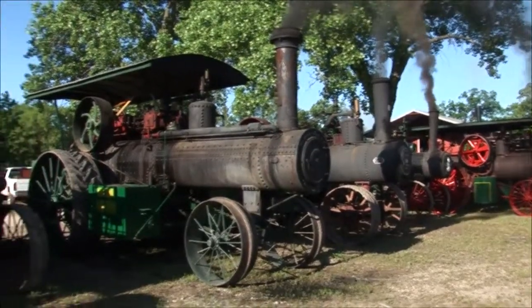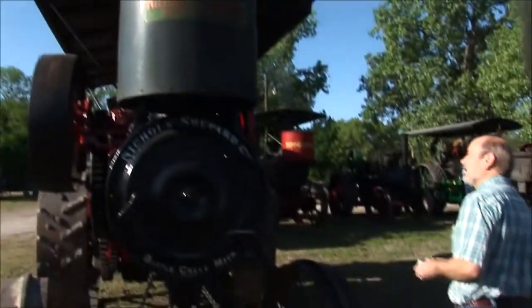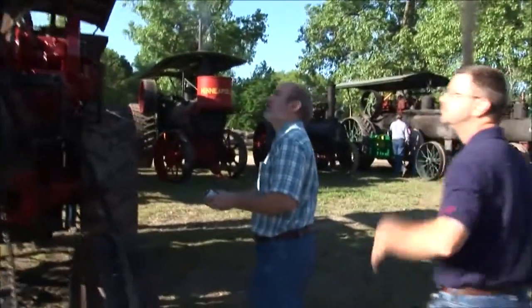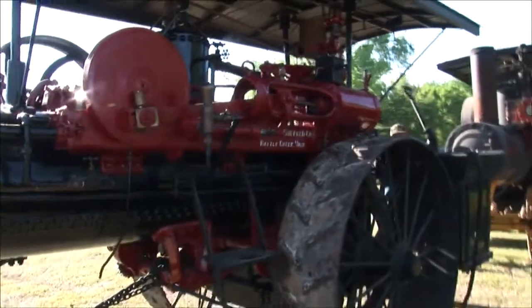Obviously, they're loud, but I also noticed we had some water coming out of one of the smokestacks that just about hit Brian. Yeah, that is actually pulling the fire through the firebox, and it pulls some water up through with it. Wow. And this is huge. I mean, this is steam. This is the predecessor to gas engines. This is what they farmed with, and this is their power supply and source that they had before